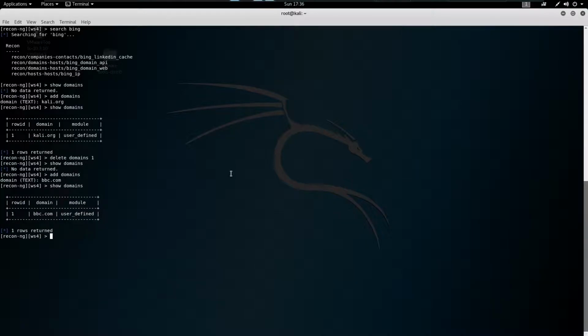Let's perform a whois scan on the website bbc.com. To perform it, you have to simply load the module whois_pocs. To load a module, you can use the command use or load. It is load.